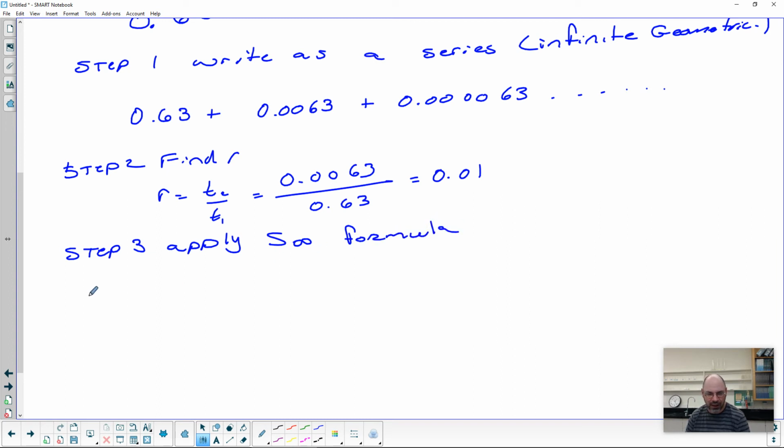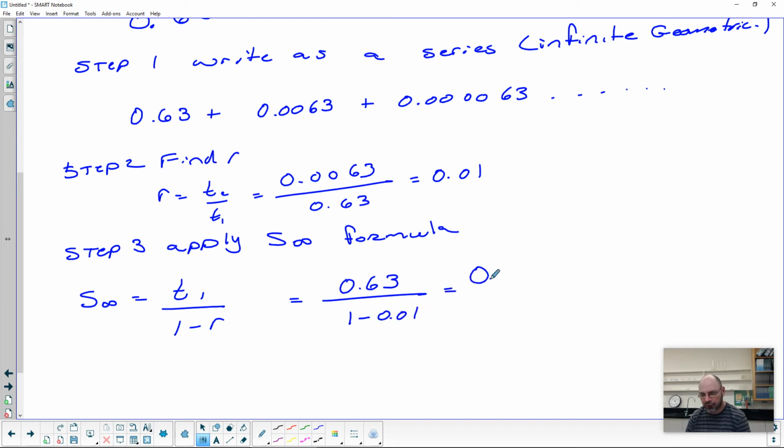Okay, so how do we do that? Well, you know that S infinity is equal to T1 divided by 1 minus R. So in our case here, 0.63 is, and this would be 1 minus 0.01. So this is 0.63 over 0.99. And if we remove the decimals now by multiplying by 100, that's 63 over 99, which we can reduce